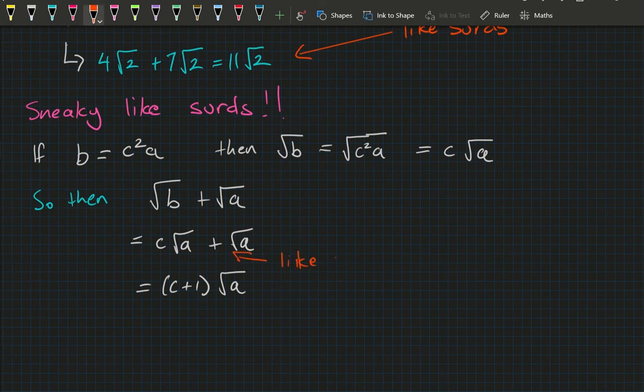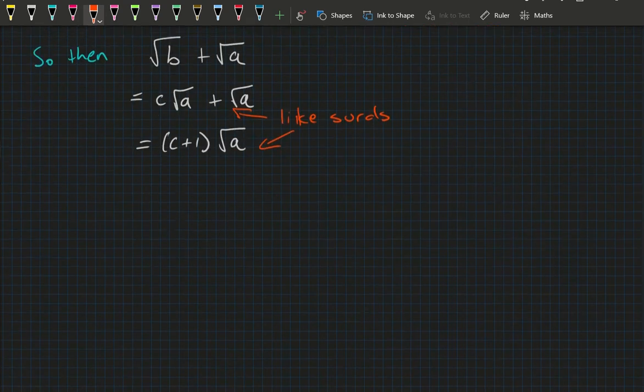So that's because we found our sneaky like surds. Before we finish the introduction, let me just give you one numeric example. Let's remember that the square root of 8 is equal to 2 times the square root of 2. Then if you were given a problem that said 3 times the square root of 2 minus the square root